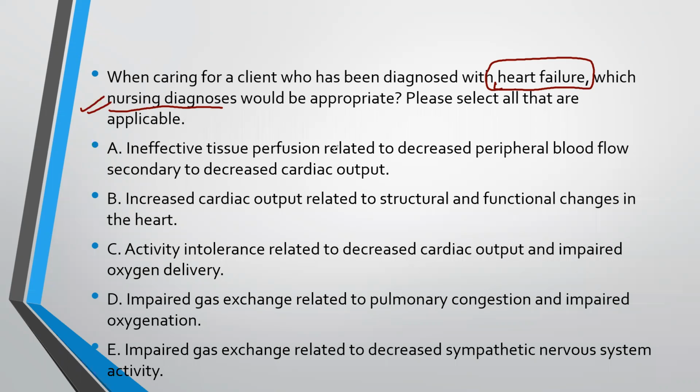Here, option A: ineffective tissue perfusion related to decreased peripheral blood flow, secondary to decreased cardiac output. Option B: increased cardiac output related to structural and functional changes of the heart. C: activity intolerance related to decreased cardiac output and impaired oxygen delivery. D: impaired gas exchange related to pulmonary congestion and impaired oxygenation. And E: impaired gas exchange related to decreased sympathetic nervous system activity. So firstly, we will